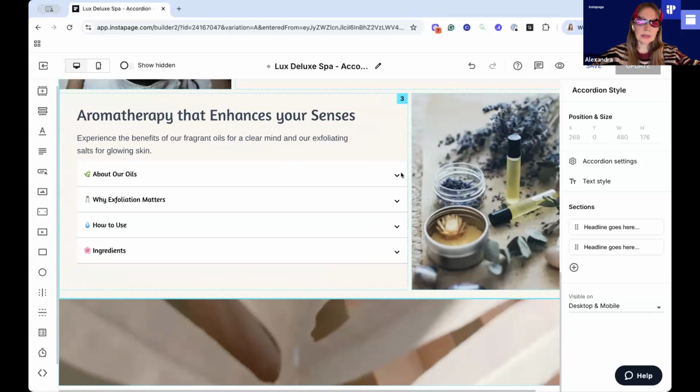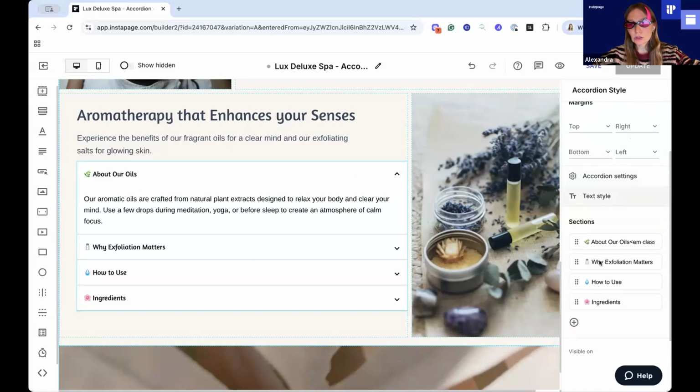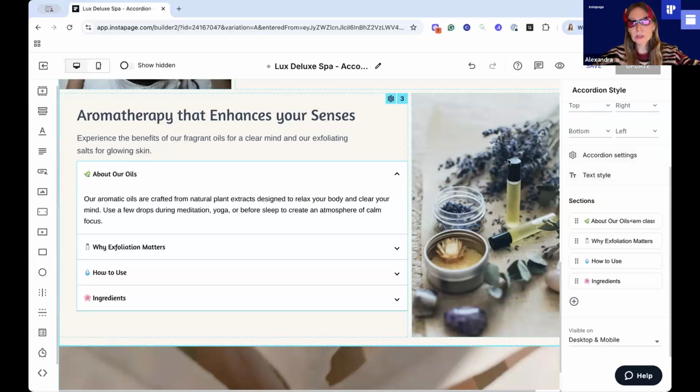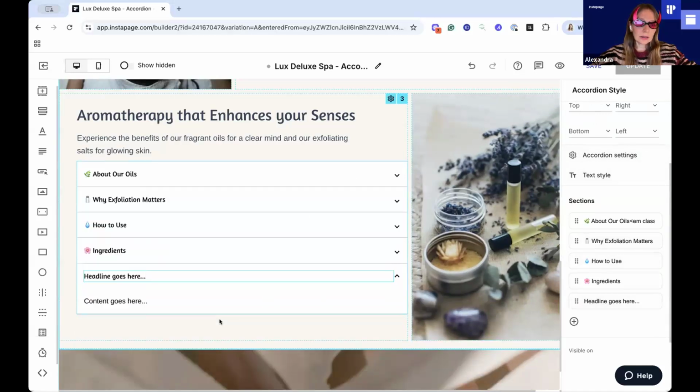So you can see here I added some text and this accordion. Here you can see I have 4 sections, and if you need to add more sections to your accordion, you just need to go here and click on this accordion. You will see accordion style settings, and here you can add additional sections. You can find it here, and if I want to add any content, I just put a headline here